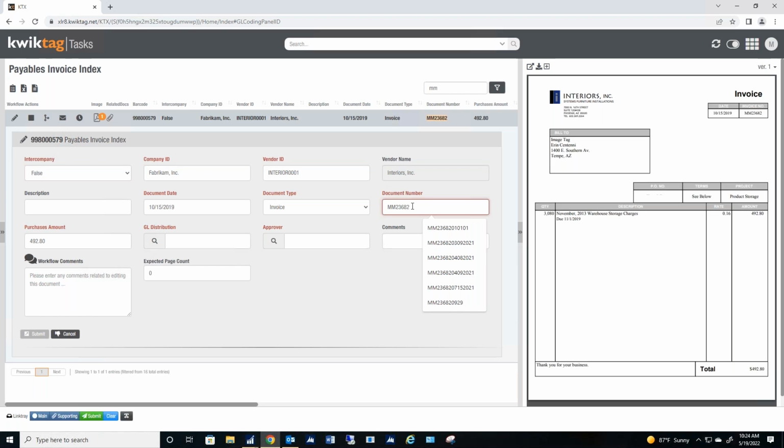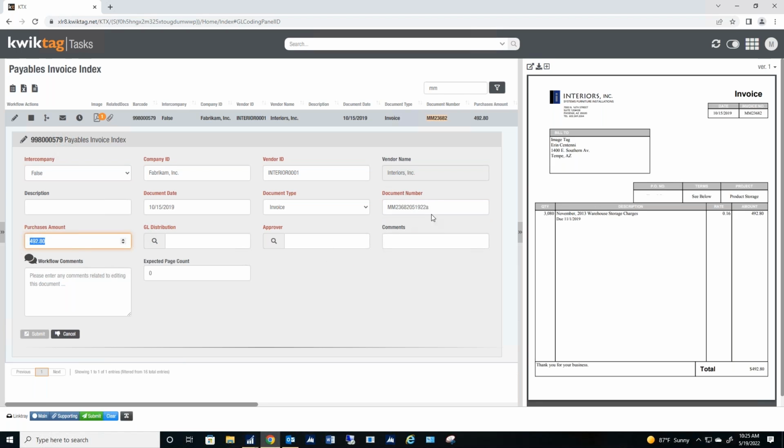That matters because what if I've already sent this invoice to Matt for approval and it's sitting in his queue? And so now it's just waiting for him to approve and send to the next step in the process. So we don't want to start the process again for an invoice, whether it's already in the KwikPayables process or if it's in GP. I'm going to make this number unique so that we can continue on our AP process